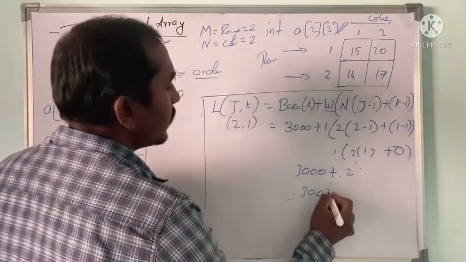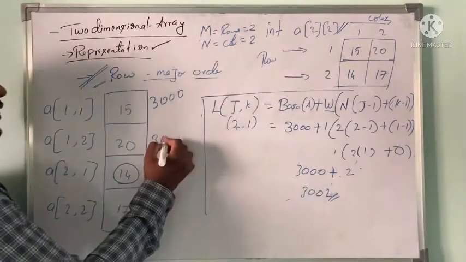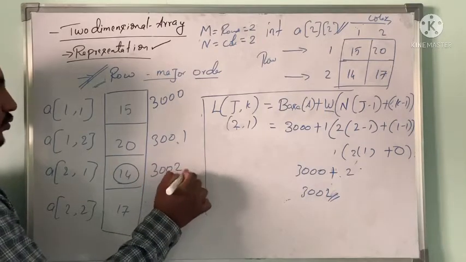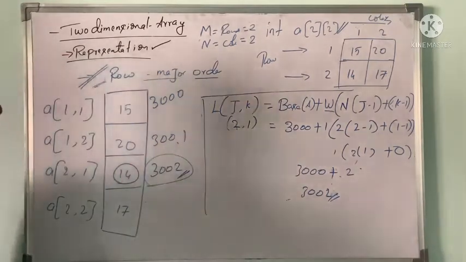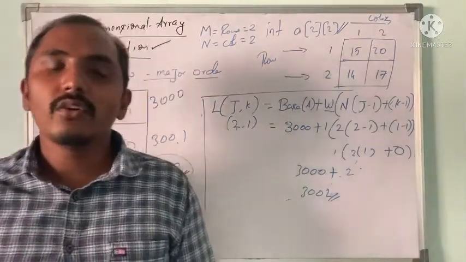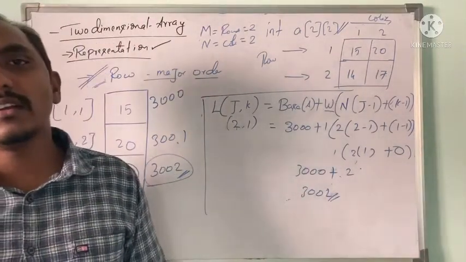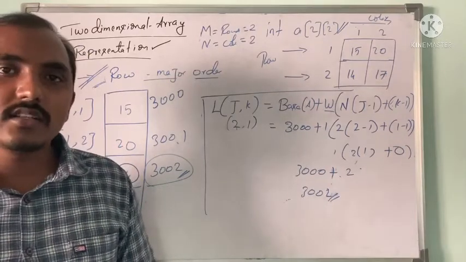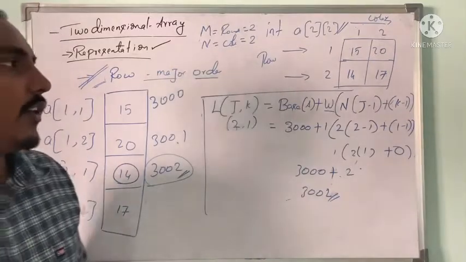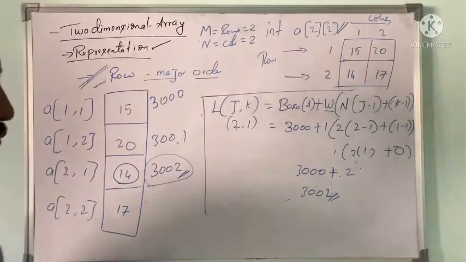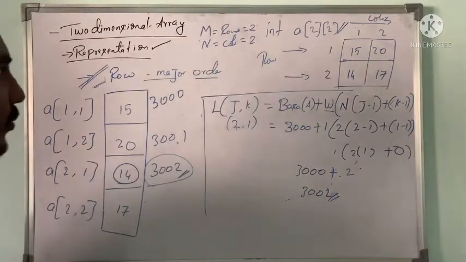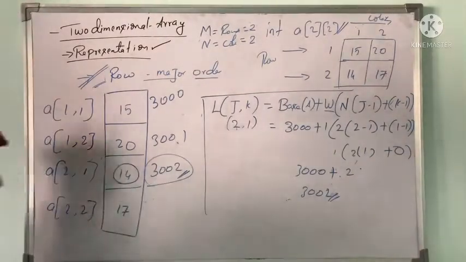So we are going to have the address as 3001 and this will be followed by 3002. So that is our address, the address of the 14th element. Similarly, whenever you have more than 100 or 200 elements and you want to find the address, we will use these kinds of formulas to find the address of a given element by using the index of that particular element. Okay, so that is about this representation.